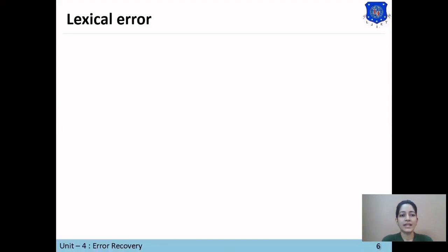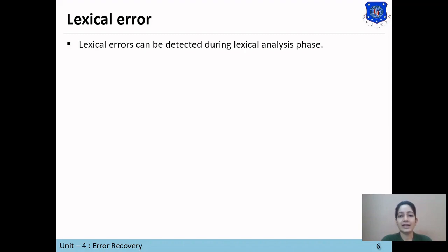So first, what is a lexical error? Lexical errors can be detected during the lexical analysis phase. We all know that the lexical analysis phase converts the source program into a sequence of tokens. So if a sequence of characters does not match the pattern of a token, then that can generate a lexical error.